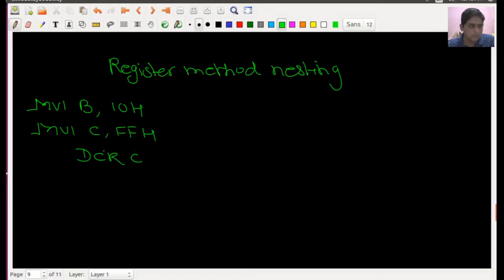I have created this inside loop with the help of register C, and then I'm writing JNZ L1. So this is the label of loop 1. So I'm writing this L1 here. This loop will go like this: C will be decremented till it becomes 0. And my outer loop I have created with the help of the register B.